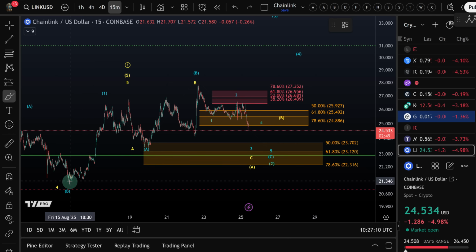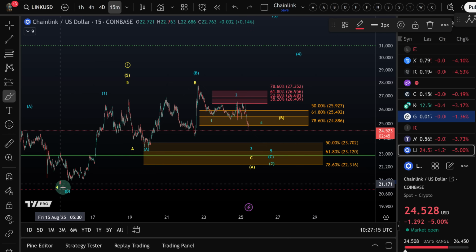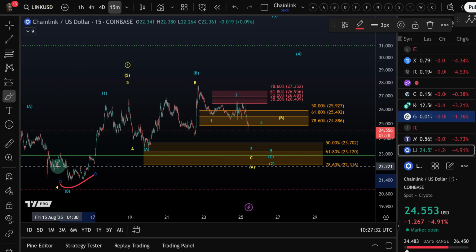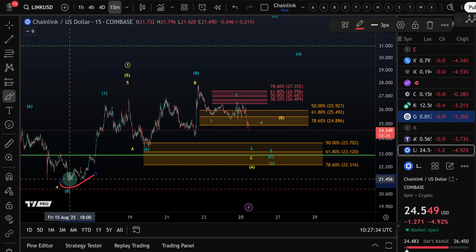We're tracking here currently a potential low that might have formed in August, on the 15th of August. That was the B-wave low. We talked about that in previous videos. Of course, we're tracking different scenarios, but the blue scenario is the more bullish one at the moment. So let's start with that. In this blue scenario, a B-wave bottomed, and I'm tracking the potential of an upside reversal from that low.